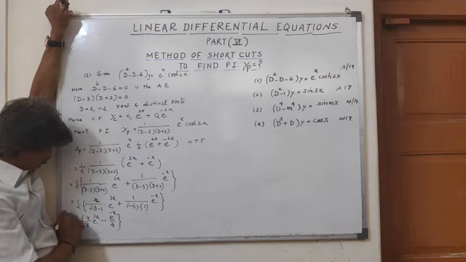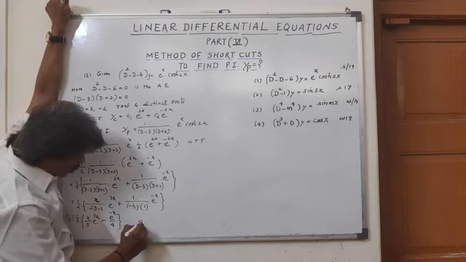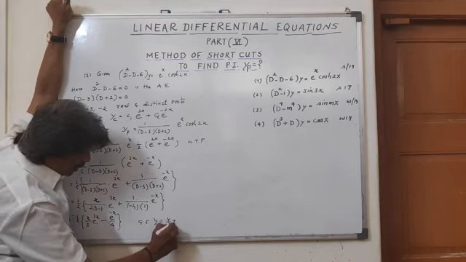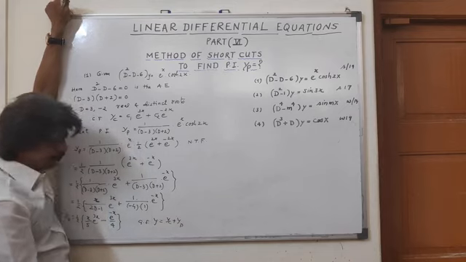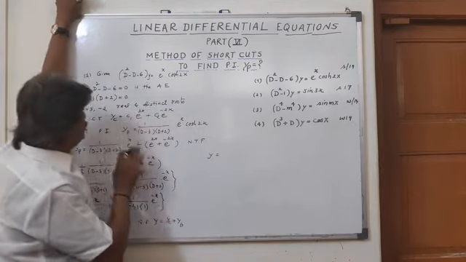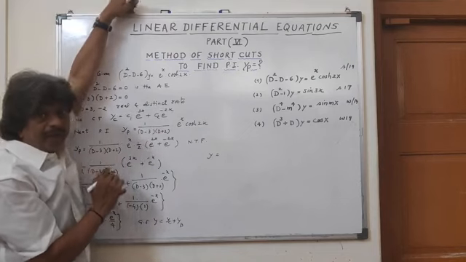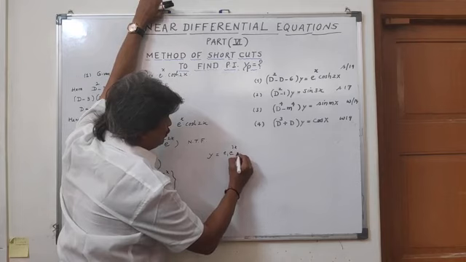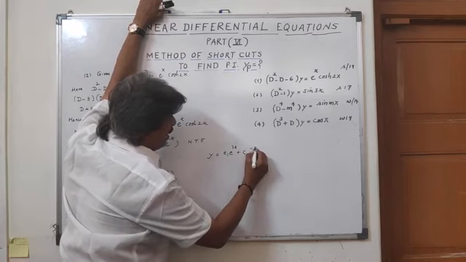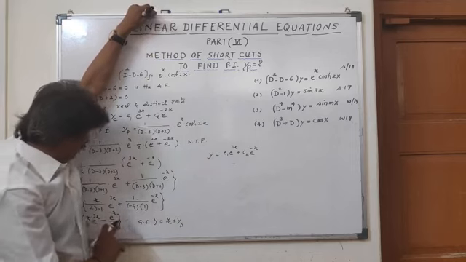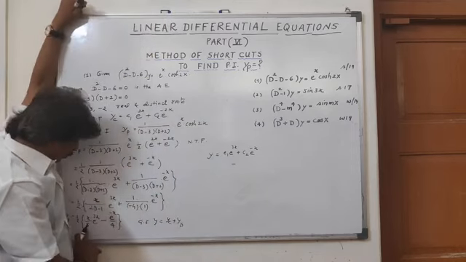So this is y. And y is equal to the complete solution, or general solution. y is equal to yc plus yp. So y is equal to yc, which we have determined as c1 e to the power 3x plus c2 e to the power minus x, plus the particular integral, which is 1 by 2 times